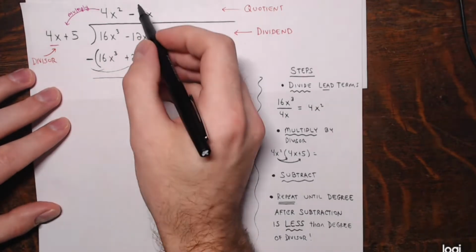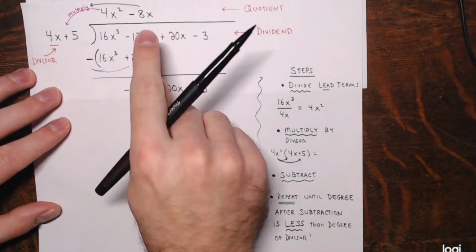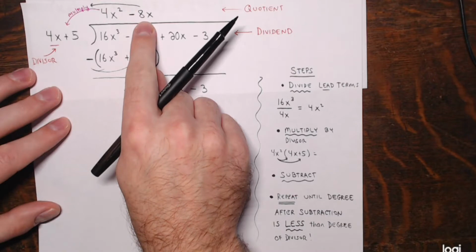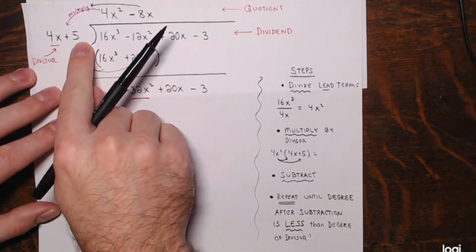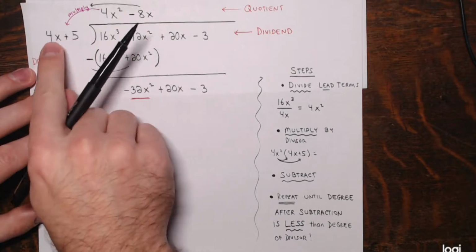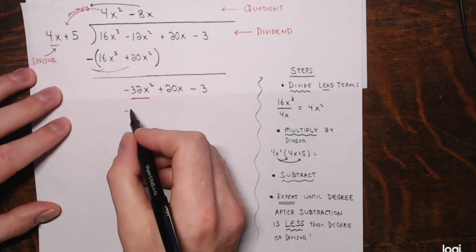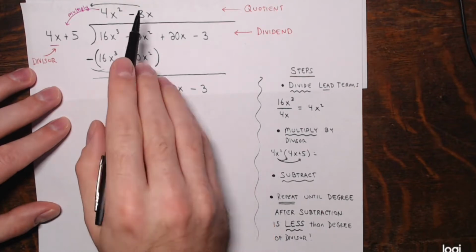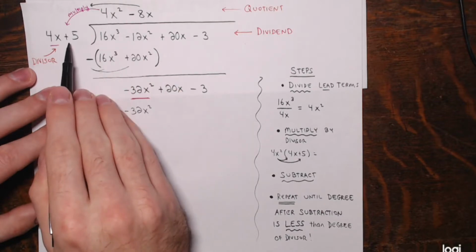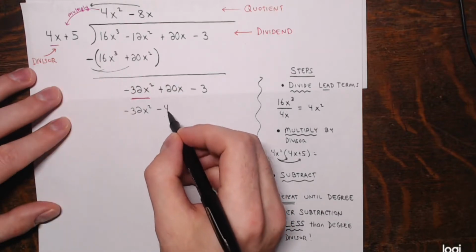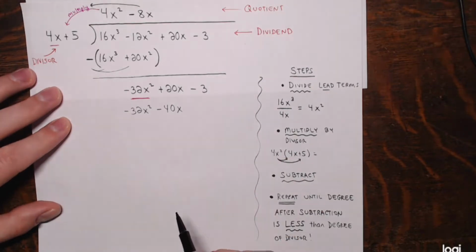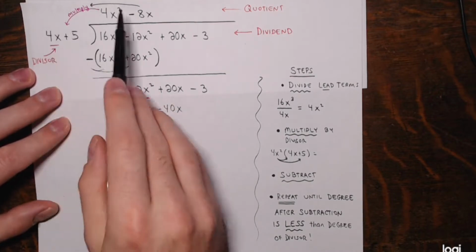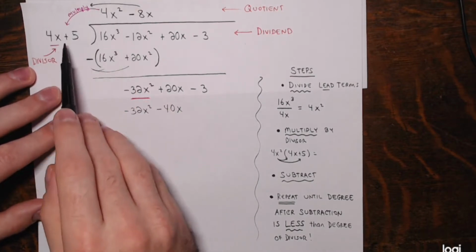And then I do the multiplication step. Take just the negative 8x, just the term I just wrote, and multiply by the divisor. Negative 8x times 4x is negative 32x squared, writing that below the other x squared. And then negative 8x times positive 5 is negative 40x, and I'm writing that under the x term. So I've done the division step, divide the lead terms. I've done the multiplication step, multiply that term in the quotient I just wrote by the divisor, write the result